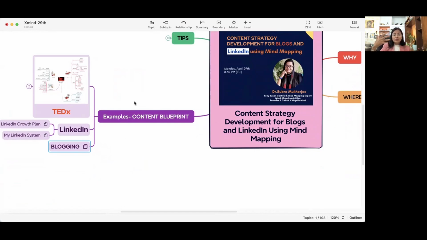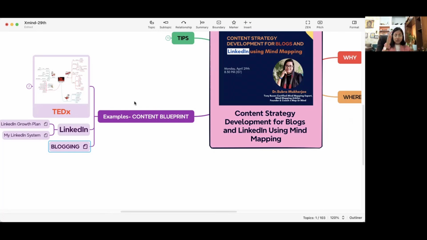Suppose you don't want to use digital tools right away, you could just grab a piece of paper and maybe a pen or pencil or 2, 3 colors, and you could just write at the center the topic name, or maybe the theme, let's say diversity and inclusion. This is the theme of this week. So in this theme, what are the top topics I'm going to talk about? So just start drawing at the center and then start branching out.